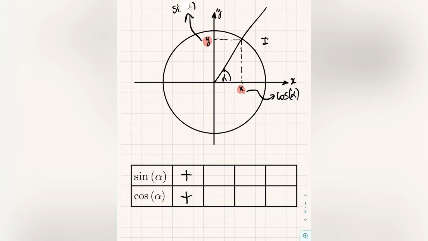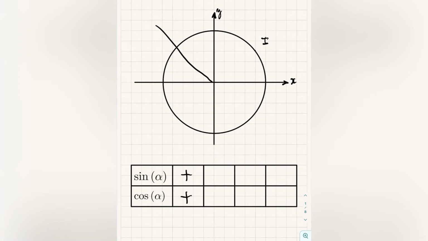On the other hand, now let us consider the second quadrant. So if you now have, let's say, a situation like this, we have now an angle which is in the second quadrant. So this is the second quadrant. Again, it will intersect the unit circle in some point, and that point has its x and y value,